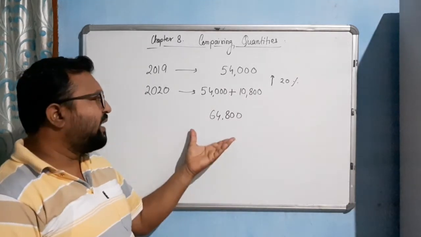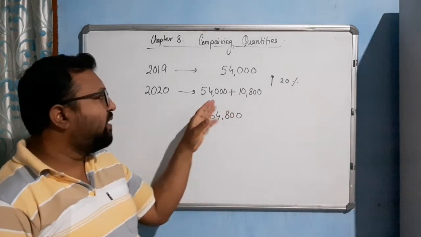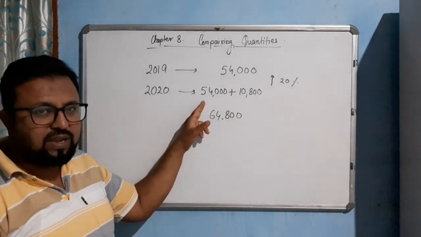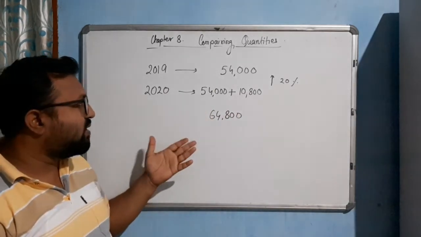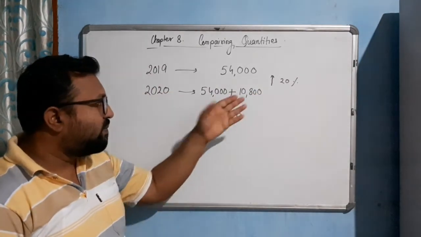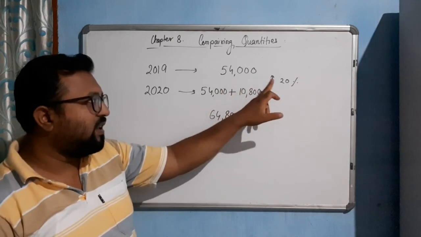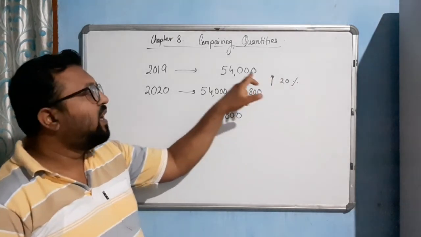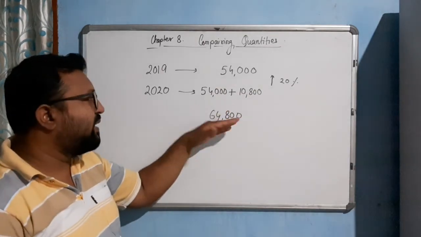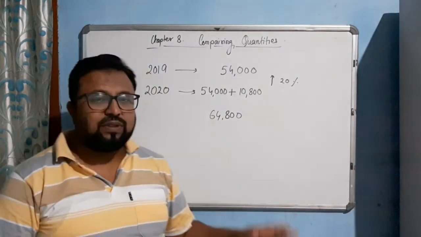In case of a decrease, what will you do? Simply you will subtract this amount and you will have a different amount. So I think you have understood how the percentage increase and decrease works, how we add the amount. The percentage is based on this number. On this value you will find the percentage, either 10% or 20%, and according to the increase or decrease we will simply add or subtract. So I hope you understood this part. Now come to the next topic.